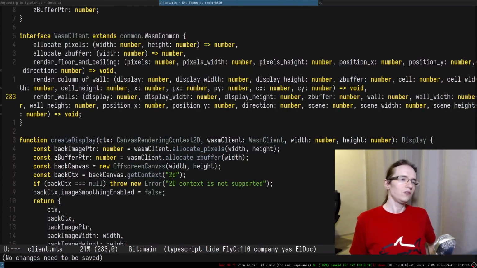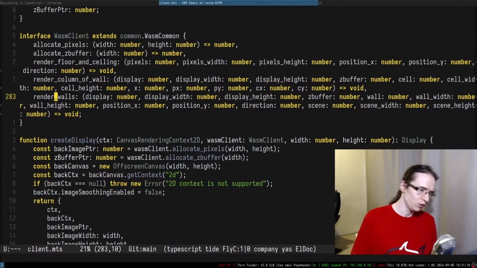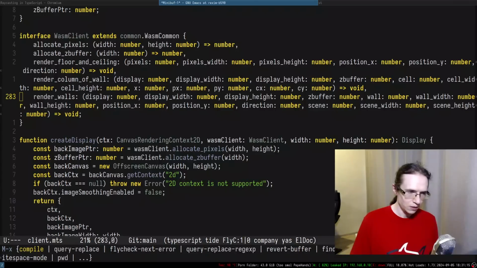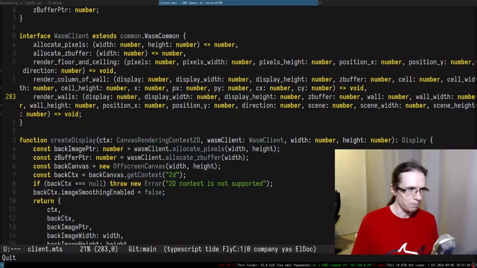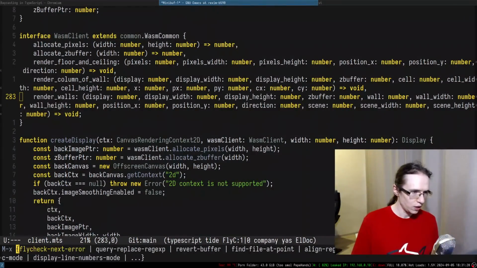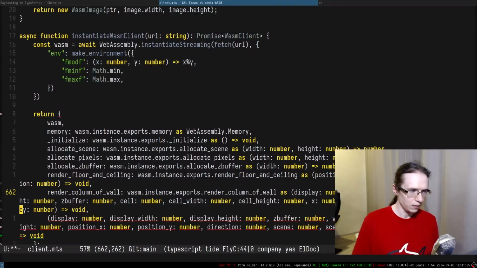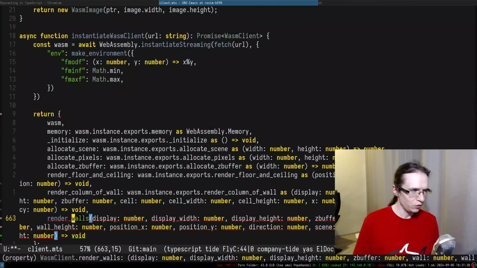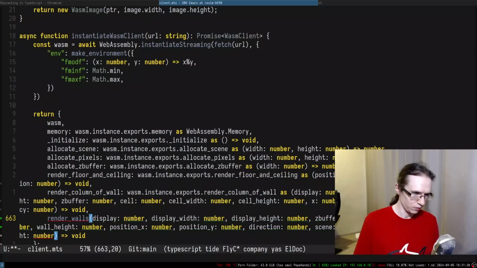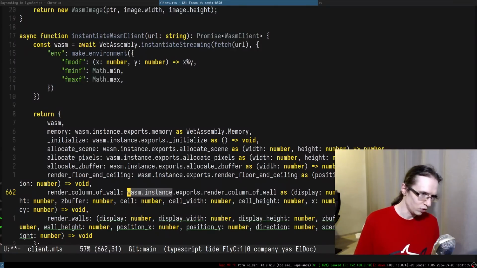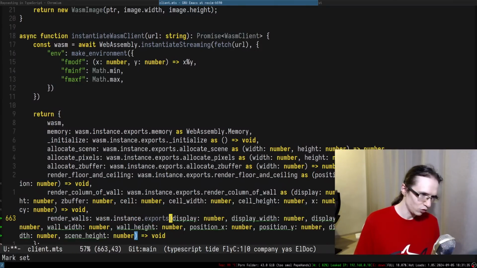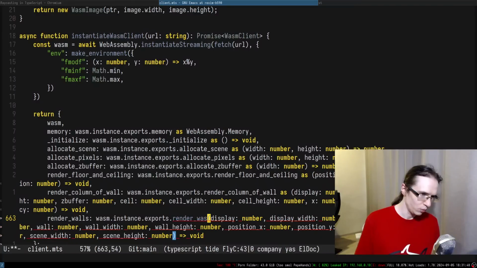Yeah. So the signatures are getting longer and longer. Beats, bytes, beats, bytes. So, next error, right? I'm gonna copy paste this in here. And this is a render walls. So that means I can grab this entire thing and just say render walls